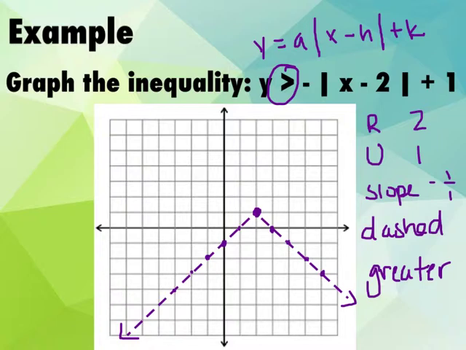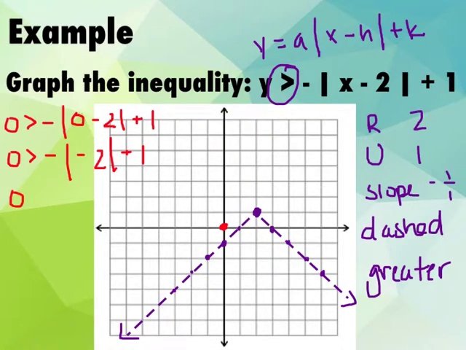I'm going to pick a test point. I always like using 0, 0, and I'm going to see if it makes a true statement. Is 0 greater than the negative absolute value of 0 minus 2 plus 1? Is 0 greater than negative 2 plus 1? Is 0 greater than negative 1? Yes, so again, that means that 0 is part of the solution set, so we will shade on the side